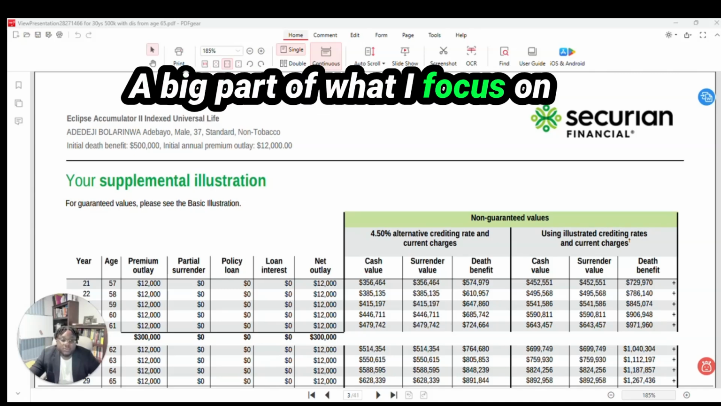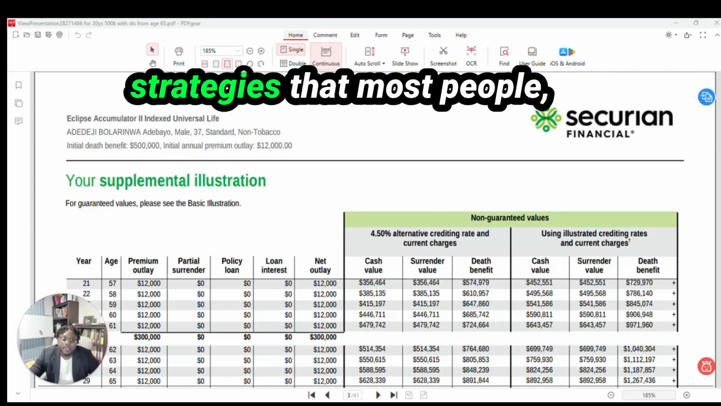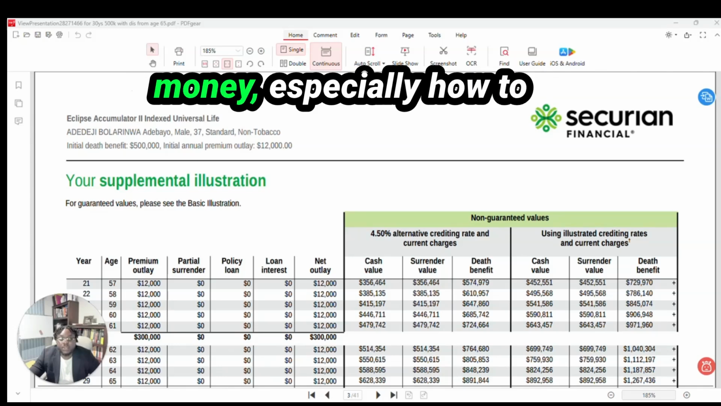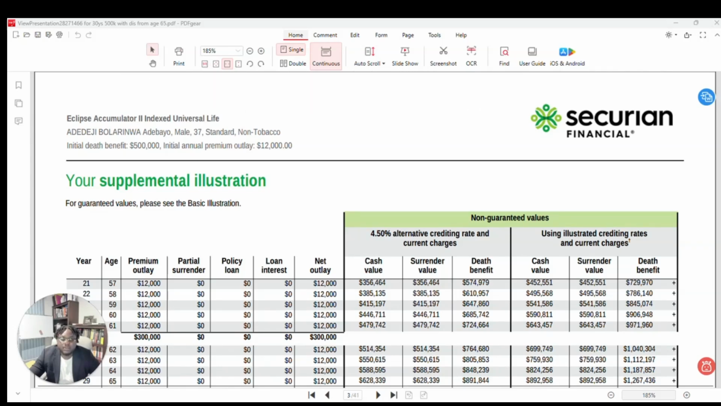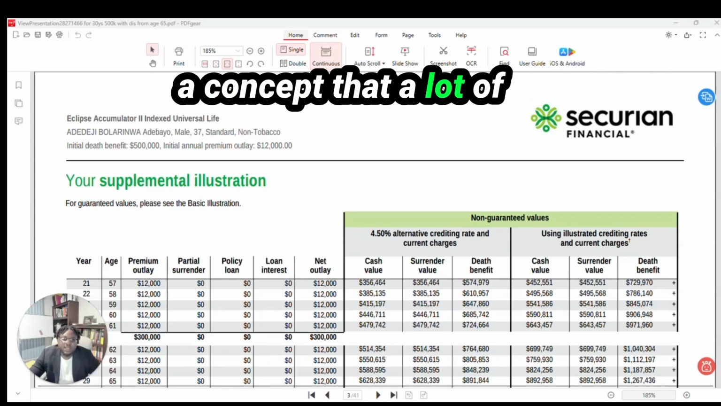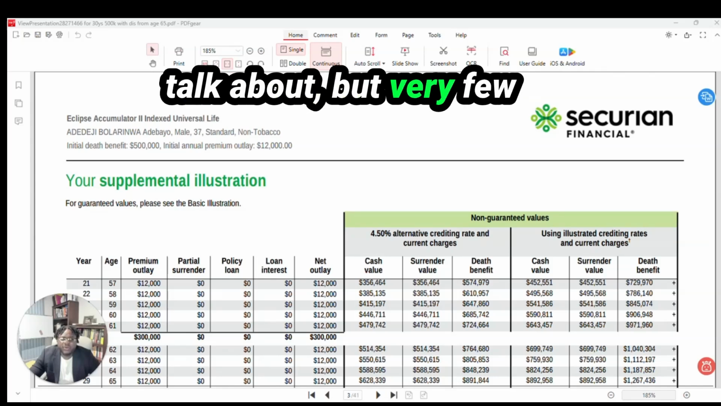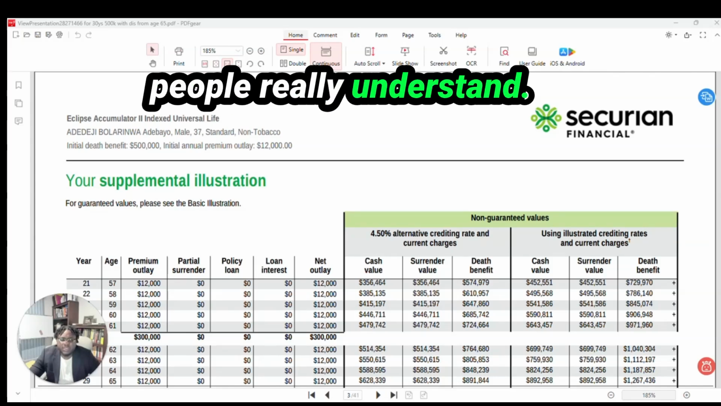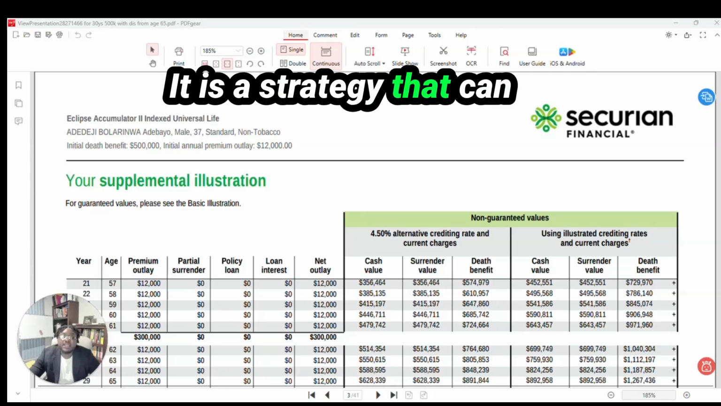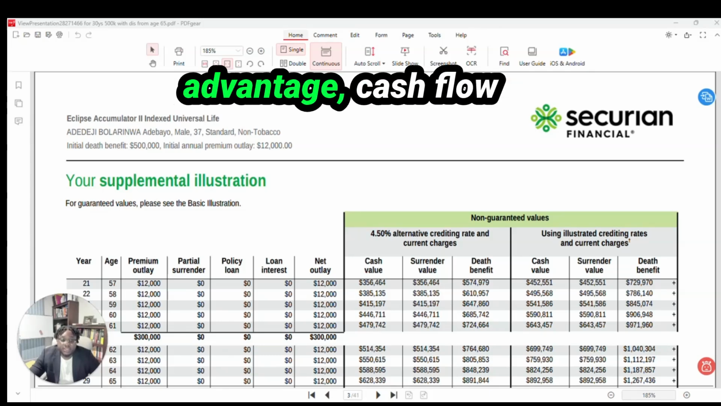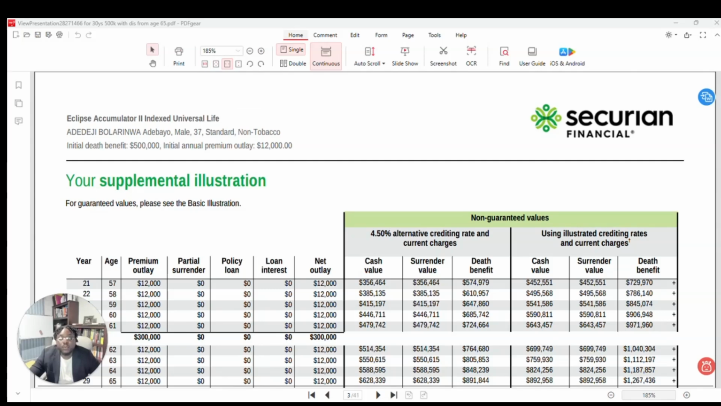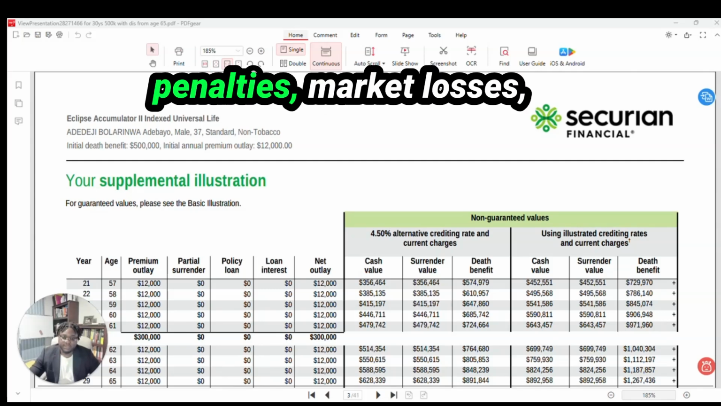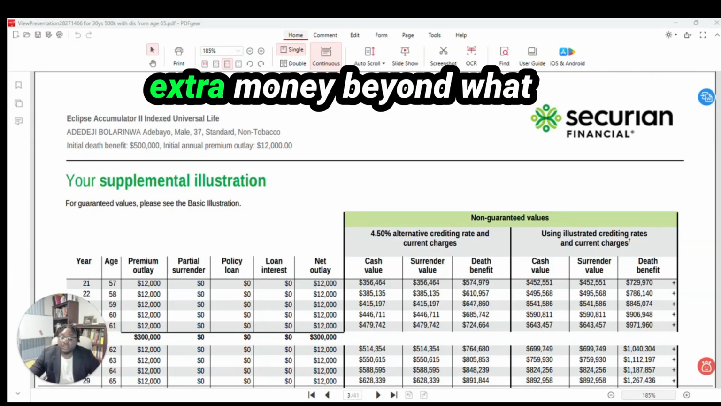A big part of what I focus on is helping people understand strategies that most people have never thought about, especially how to grow money efficiently while maintaining access to it. Today, I want to show you a concept that a lot of people are starting to talk about, but very few people really understand. It's a strategy that can potentially create tax advantaged cash flow that you can use for almost anything you want without early withdrawal penalties, market losses, and without having to save extra money beyond what you're